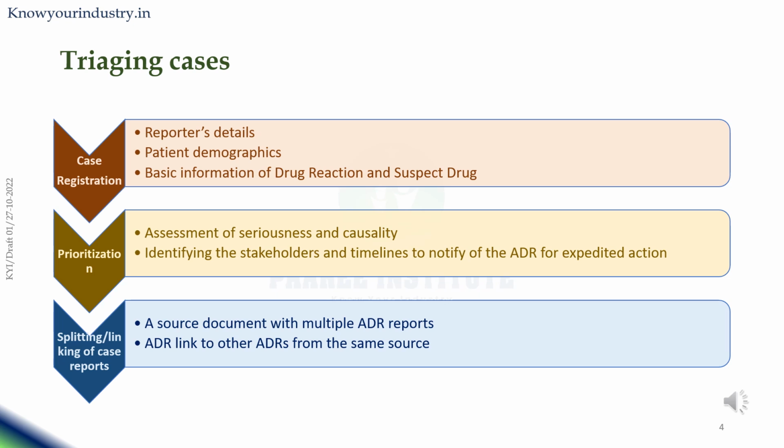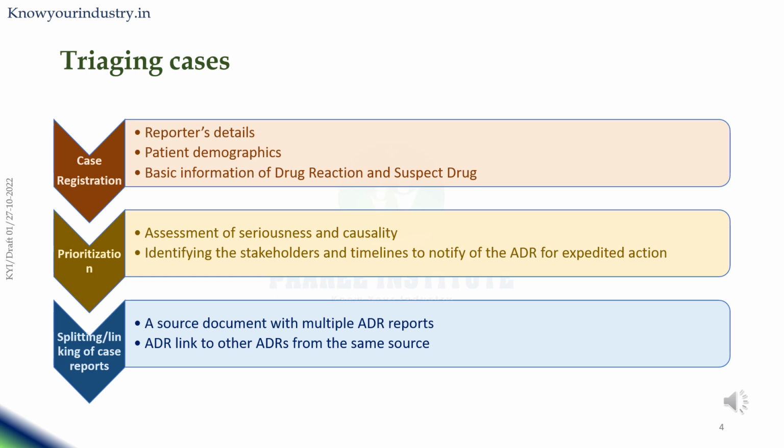Upon determining the seriousness and causality, it should be checked to whom the case report will be submitted, to third parties like business partners and health authorities, based on the relevant pharmacovigilance agreements and regulatory requirements. Reporting timelines will also be checked during this stage to define the deadline for the case to be submitted in order to meet compliance.